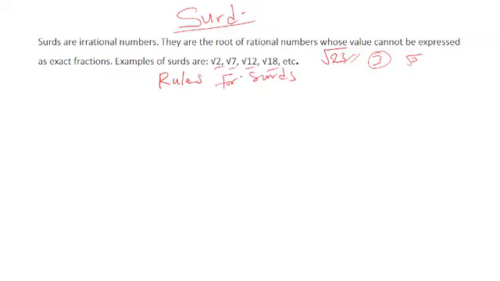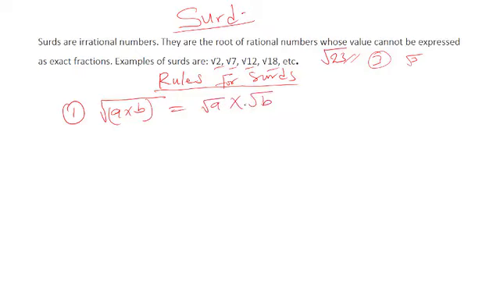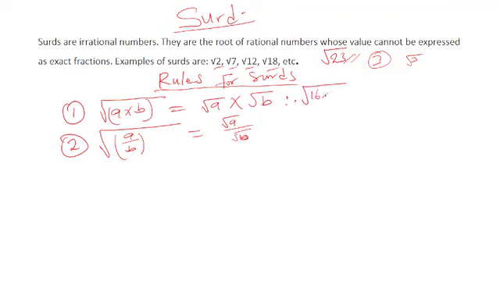Now when you talk about the rules we use in Surds, rule number 1 says, if you have the root of A times B, it is the same thing as square root of A times square root of B. Number 2, if you have A over B, it is the same thing as square root of A all over square root of B. So in this first one, if we have root 16 times 4, it is the same thing as root 16 times root 4,